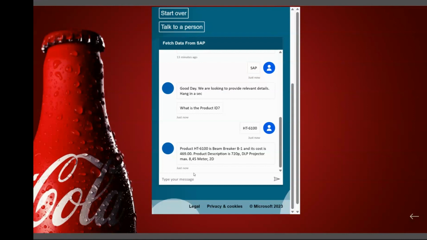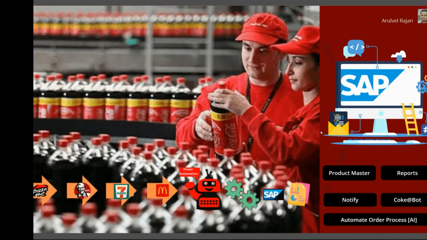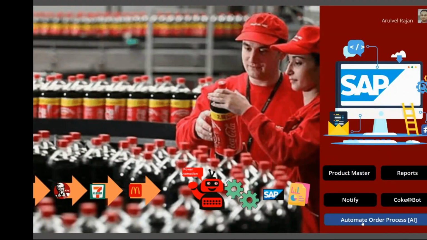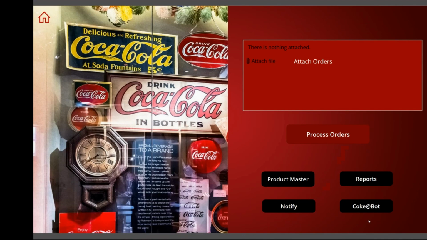Now, I'm not creating this chatbot as a standalone app. I'm integrating that within Power Apps. And you saw all this while I'm still in the same screen within Power Apps, where I'm showing you all the multiple possibilities that are available using the Power Platform stack. Okay. So now the last one, and that's where it is critical, because this is more of the hyperautomation